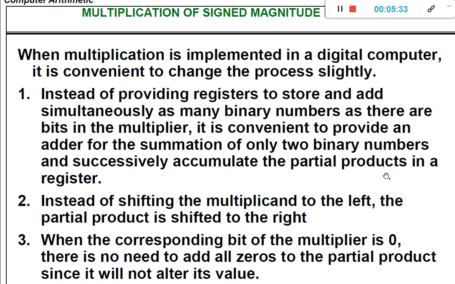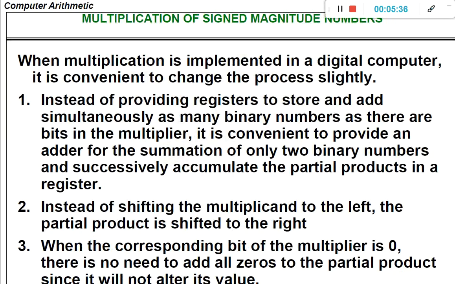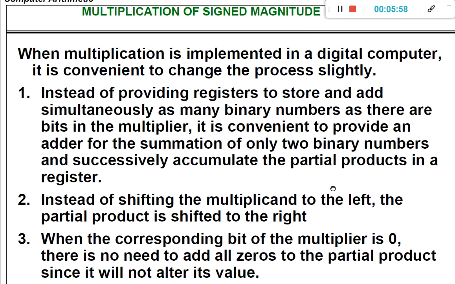However, we need to change the process so that it will be suitable for the computer system. So let us see how the multiplication of two signed magnitude numbers is carried out in a digital computer. When multiplication is implemented in a digital computer, we need to change the process slightly.